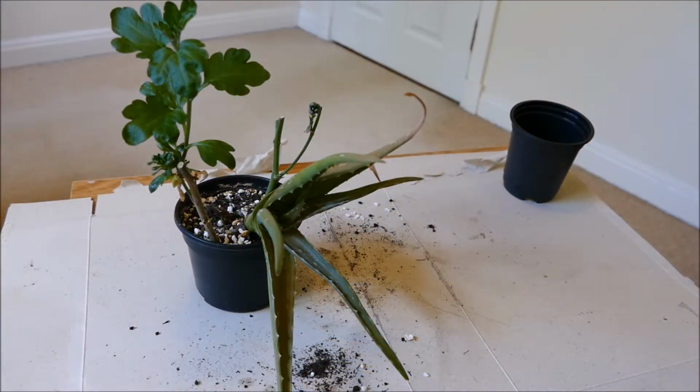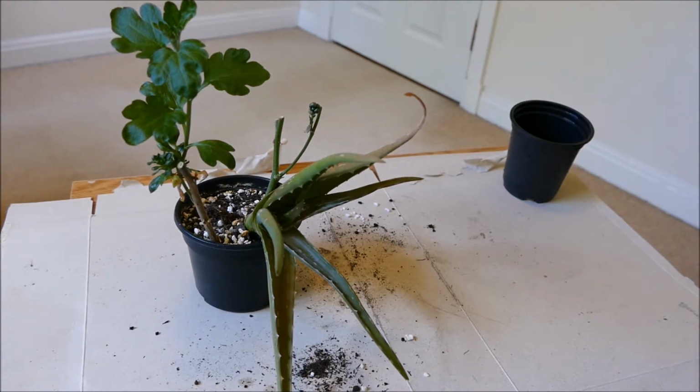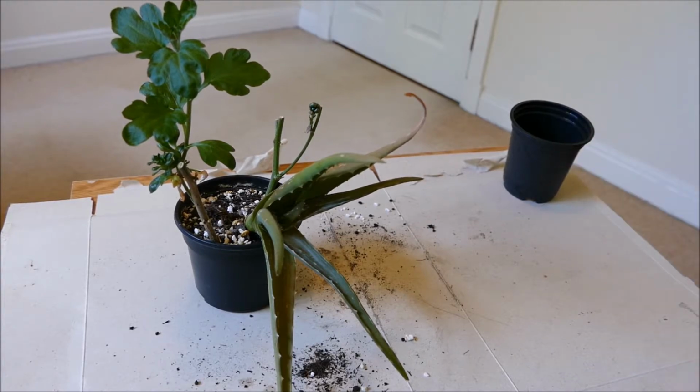And for some reason the roots just didn't take. I actually potted it up as the cutting, and because aloe veras grow so well from cuttings, I thought there's 100% chance it's going to grow, it's going to be fine. But for some reason it just didn't grow roots, and the bottom of it rotted off. Even with me being really careful with watering, it still rotted off. I'm not too sure why. I think it might have been because this was actually sitting outside, sitting in a dark place for about 3 months, completely shriveled up and dried, and it pretty much ran out of all energy, didn't even have the energy